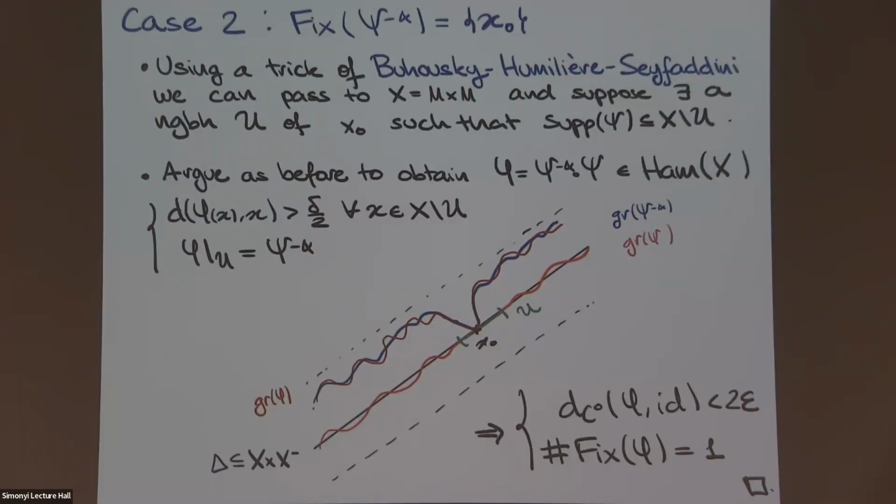So we just take it C0 small enough that you don't create any fixed points away from the neighborhood. And again, everything follows in terms of the flux is going to cancel out by construction. So it's a Hamiltonian diffeomorphism, has one fixed point, and it's C0 small. And of course, this was under the assumption of an accumulation point. But this is excluded by the coupling estimate for C0 small, if we take epsilon arbitrarily small. So this proves